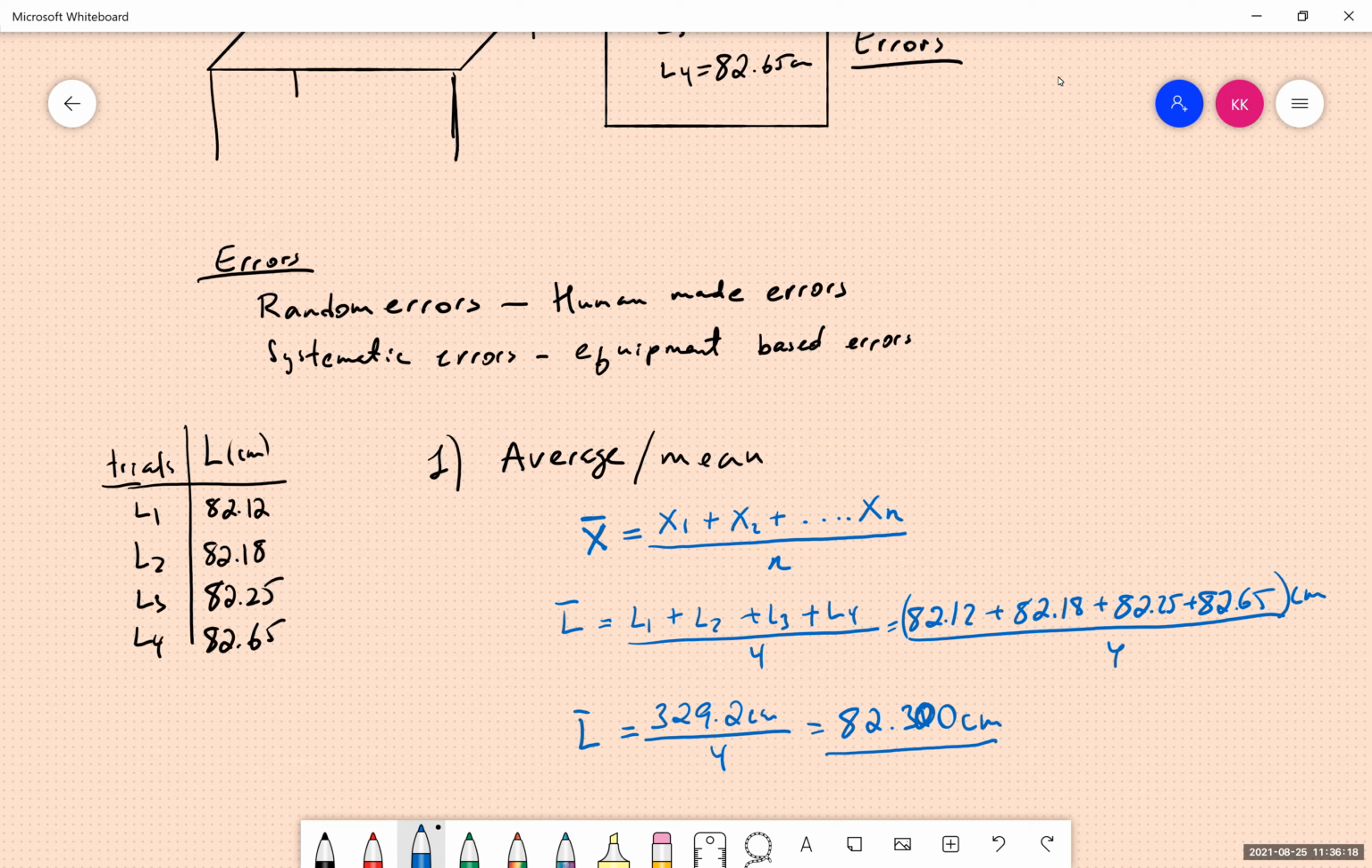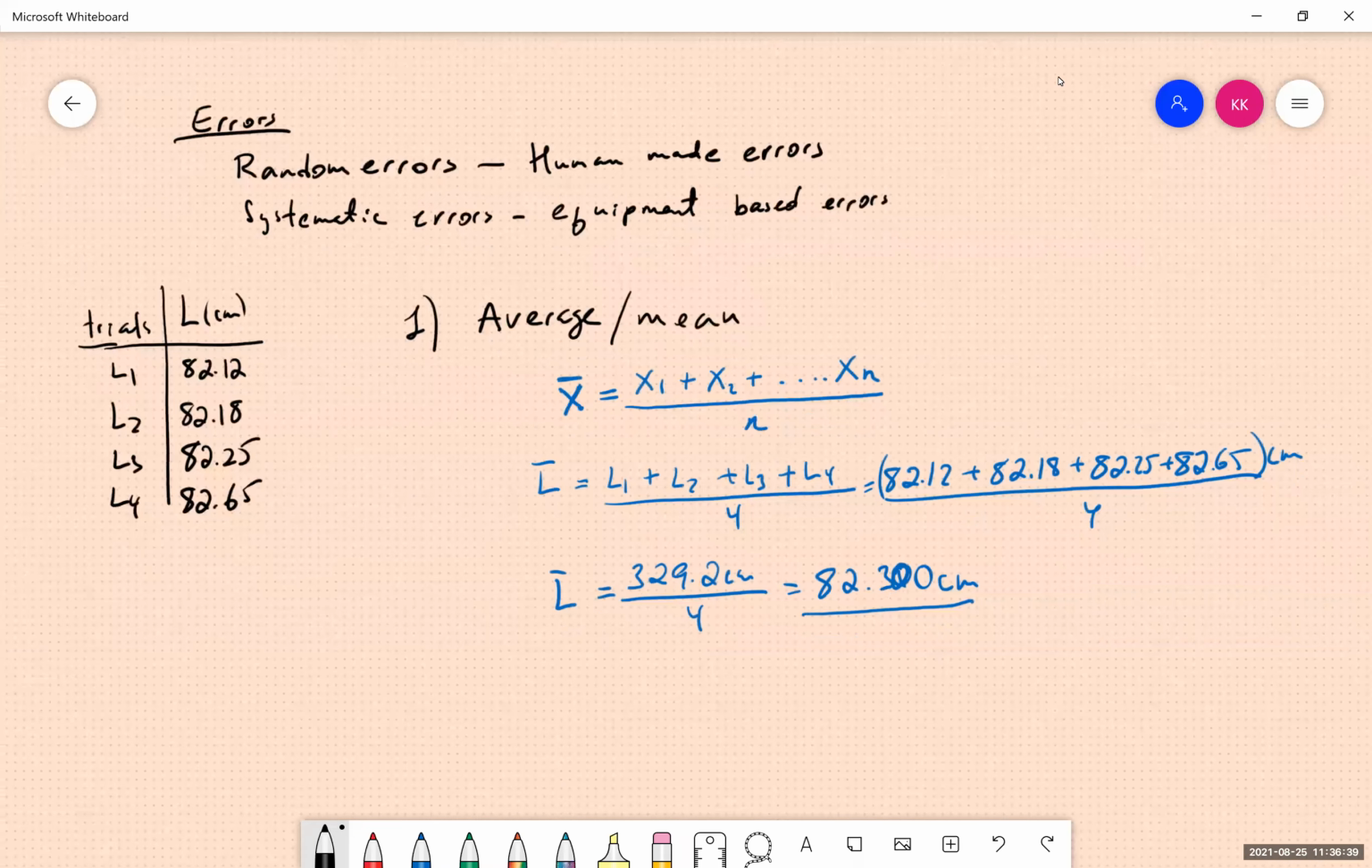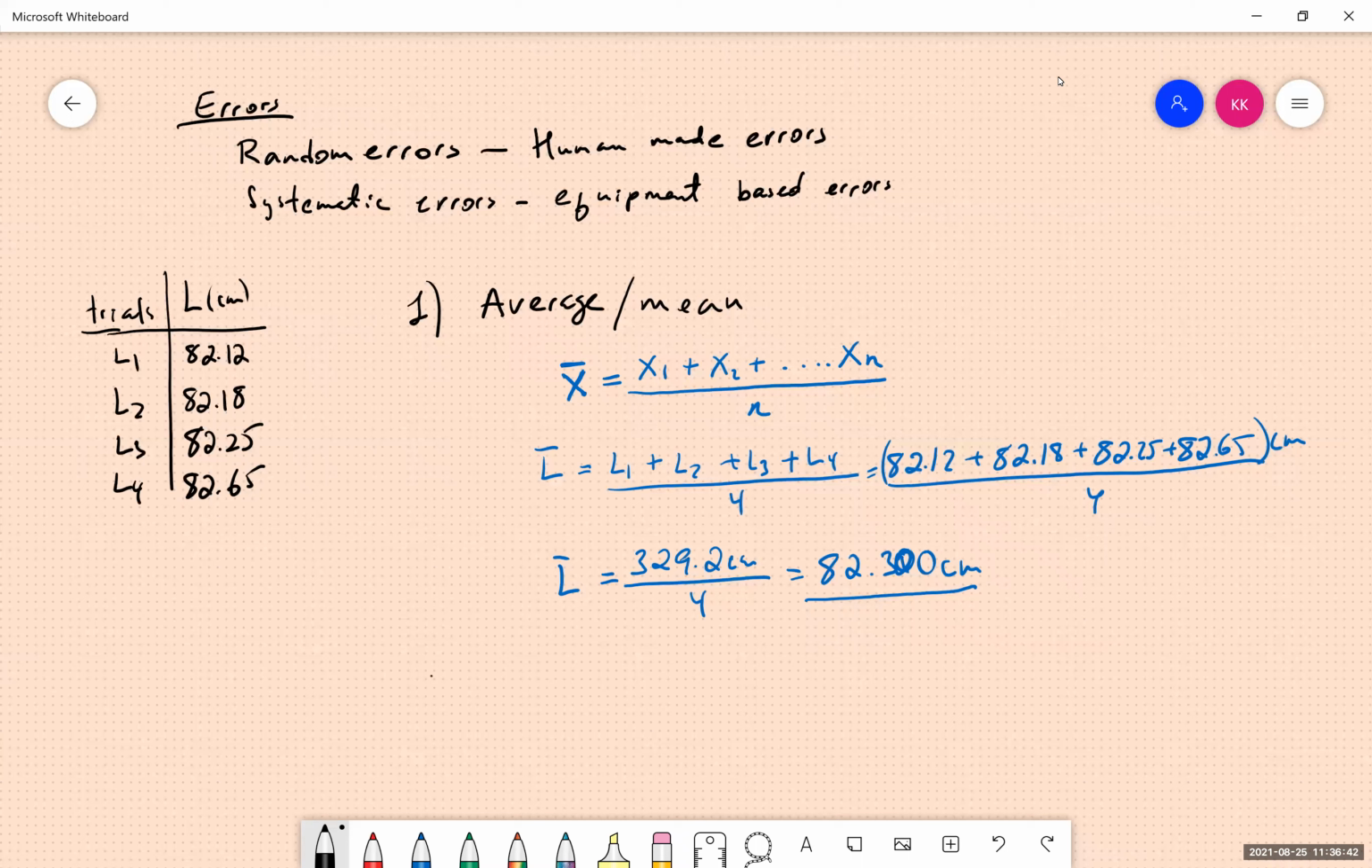82.300 centimeters. Okay, but now, as a group, you also understand that there was some deviation of each data point compared to one another. And that was because of the random errors. That means one of the things we can do here is take that into account by calculating, let's call this equation 2, what we call uncertainty, or the mathematical term for that is standard deviation